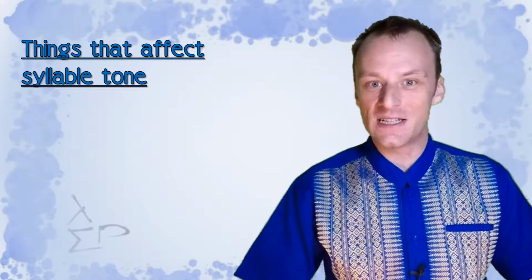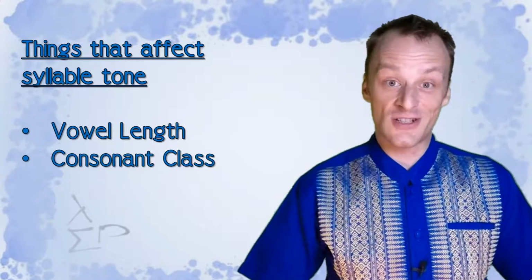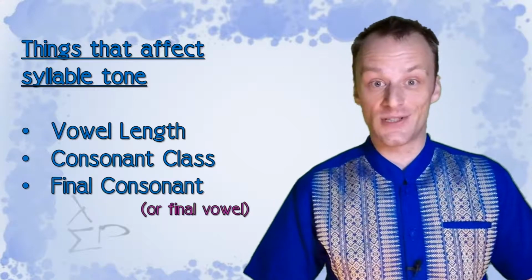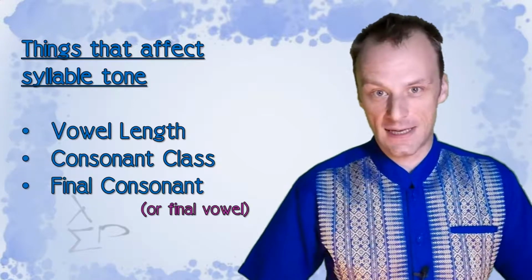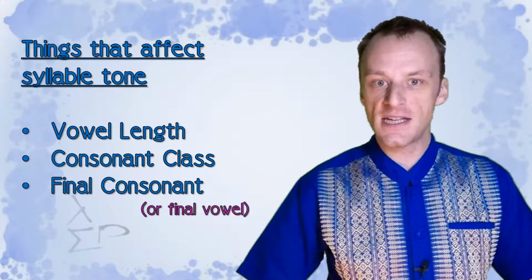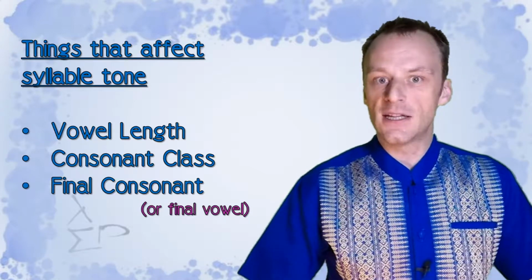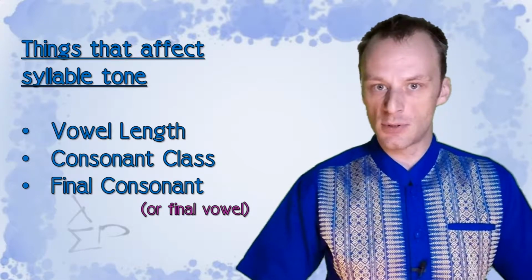how tones are constructed. So when I first came to Thailand, I assumed that tone marks created the tones, and anything which didn't have a tone mark was neutral tone. Easy, right? In actual fact, the rules that determine a syllable's tone depend on the vowel length, the consonant class, and the final consonant. We're going to look at all these things in later videos. However, in this video, we're just going to bring in the 4 tone marks with the simple syllables that we